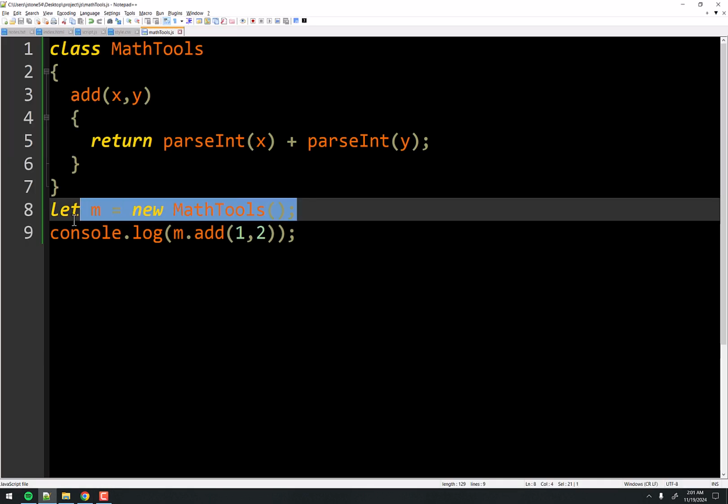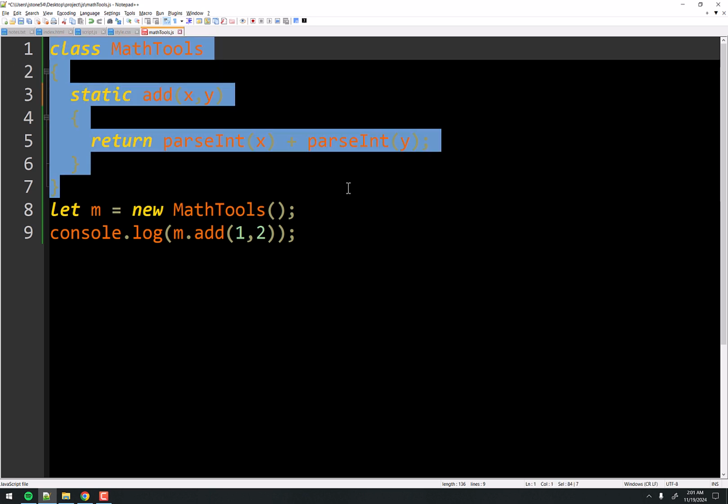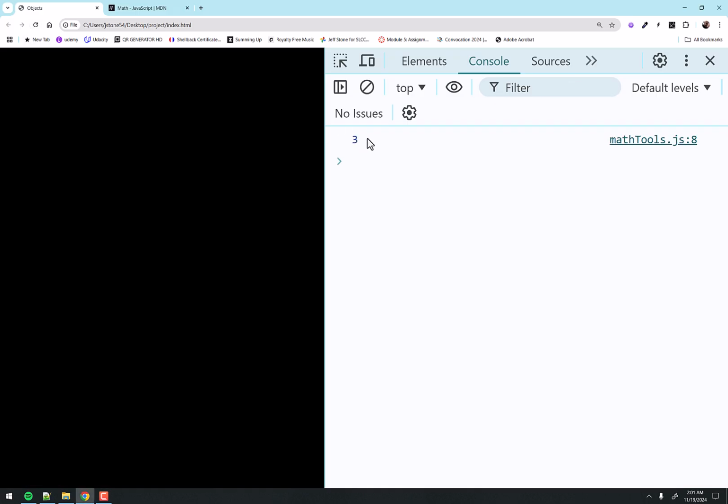But now I have this whole extra step where I have to completely make a new object and instantiate it. Well, then I'd have to do that every time I wanted to use this math class. Just make it static, and then it's just a whole bunch of tools, right? This is not the kind of thing where you're trying to make an object to model a person or model a thing in the real world. This is where you want to make some sort of utility class, where you just want to have access to something that can do functions, that can calculate things or whatever, right? So we can now go back to this model here, like so. Now we refresh, and it works again, right?